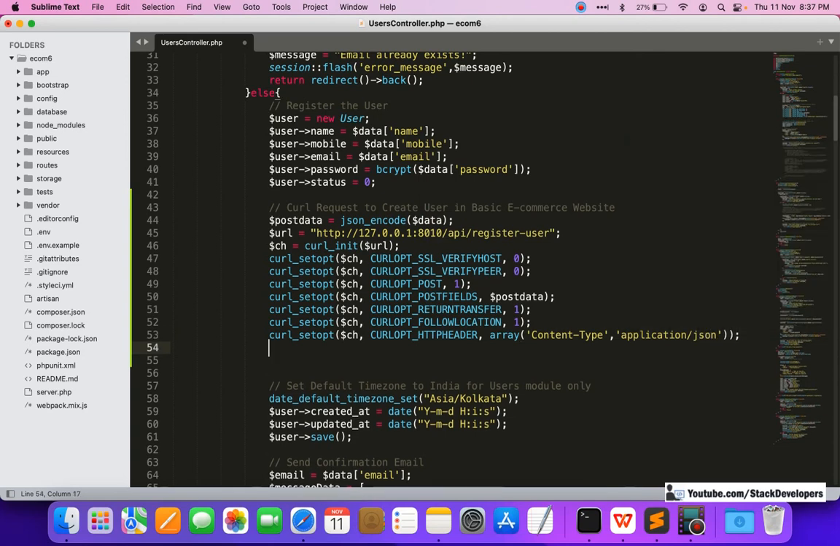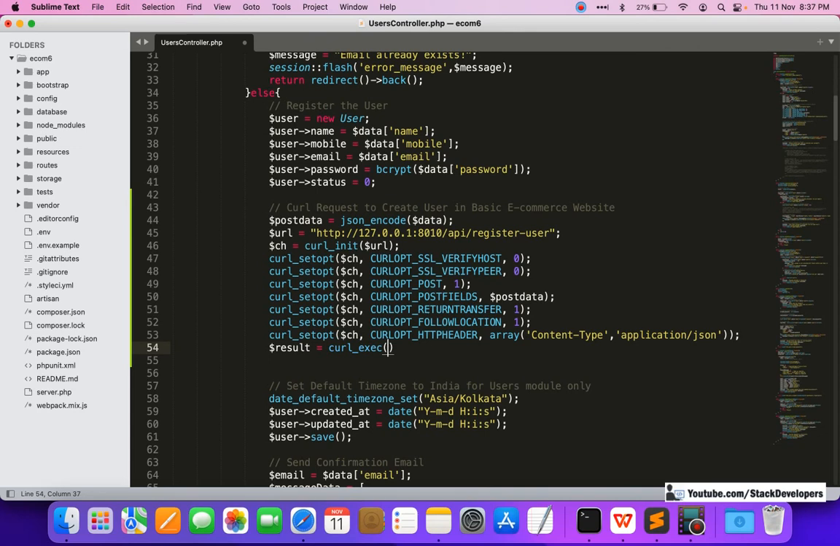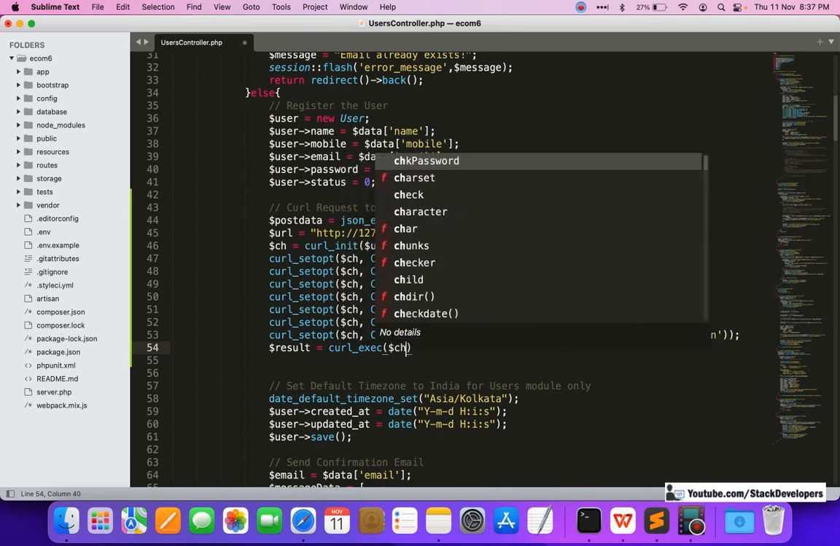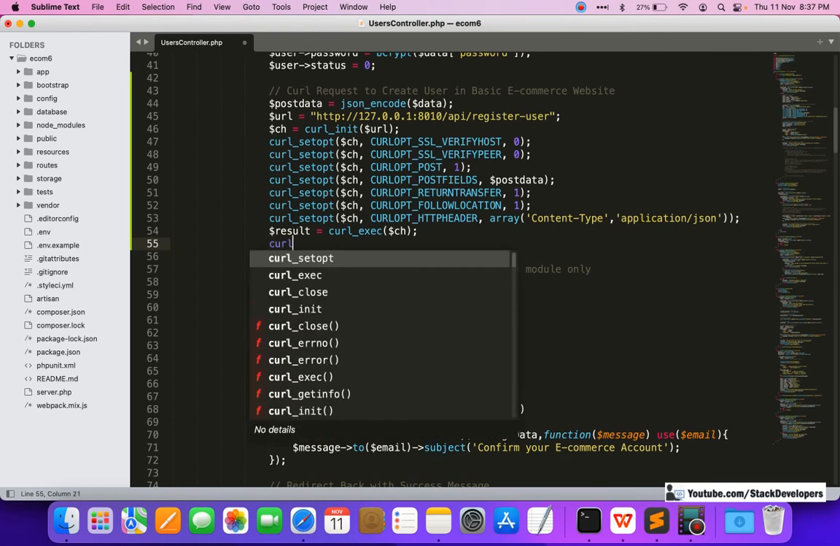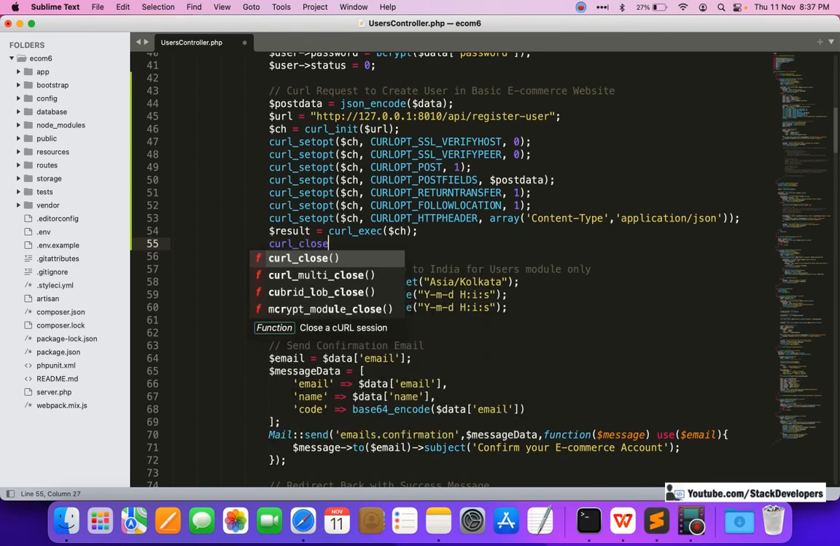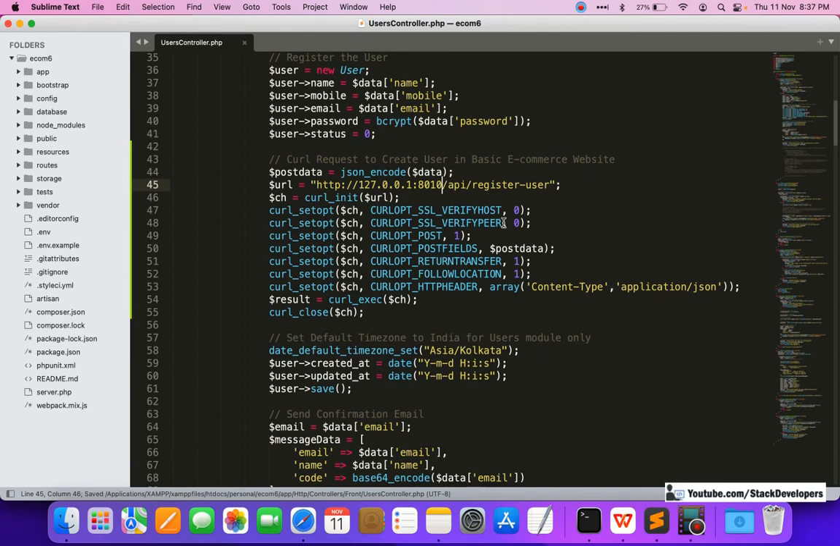Okay, so it's done. Now we want to execute this curl: result equal to curl_exec $ch. After that we are going to end with curl_close $ch. Okay, that is done. This URL we want to create in our other website, that is